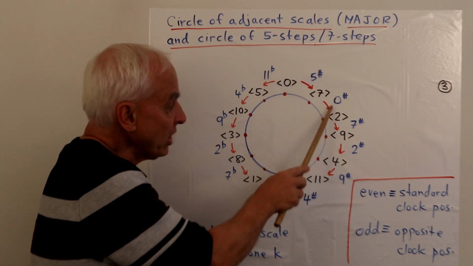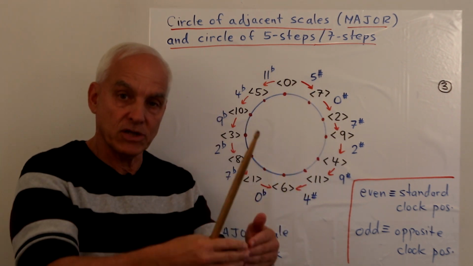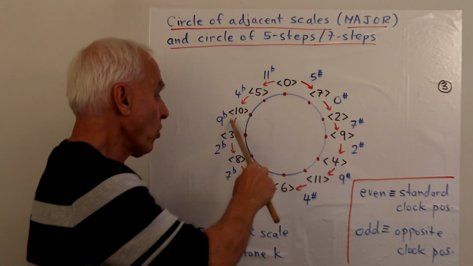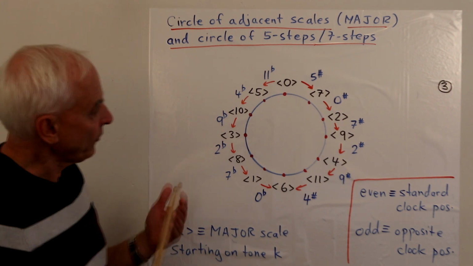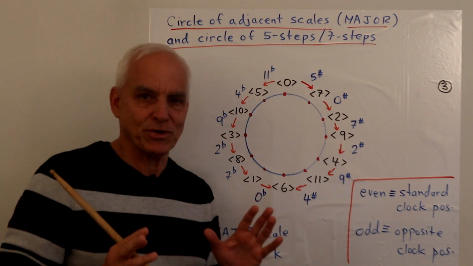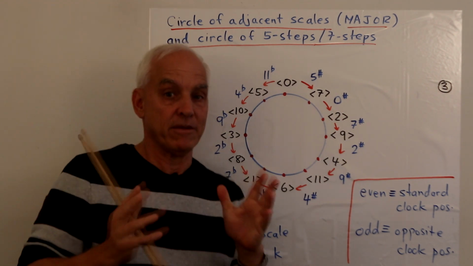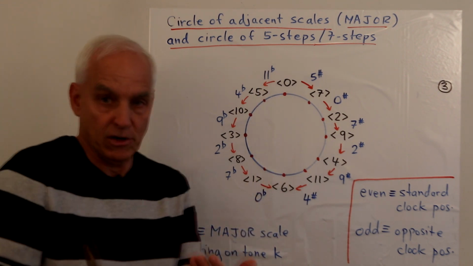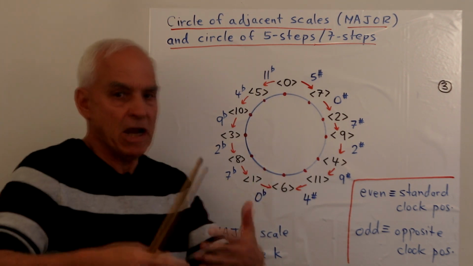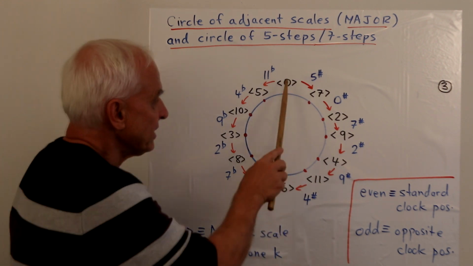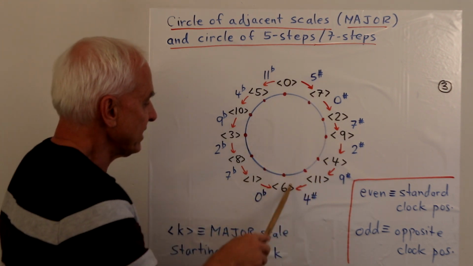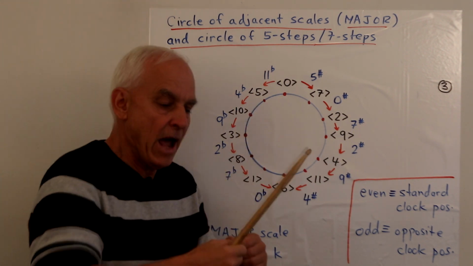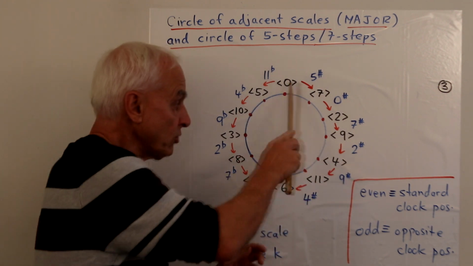And here are the various changes that we need to take to go from one scale to the adjacent scale, either by raising tones in this direction or by lowering tones in this direction. And there's some nice features here that sort of appeals to us immediately from a mathematical point of view. If we just look at the black notes, first of all, which is basically just the cycle of fifths, okay? But it's expressed in our numerical language. So 0, 7, 2, 9, 4, 11, 6, 1, 8, 3, 10, 5. And you can think about that as just counting by sevens mod 12.